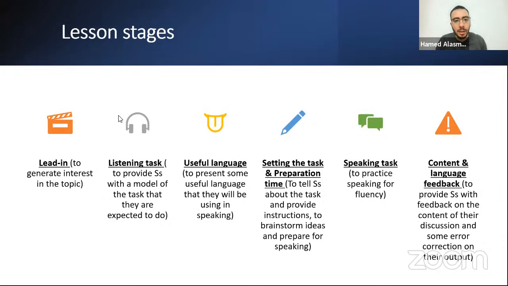Language feedback, how to correct the grammar. Okay. It can be correcting grammar, but you need to focus on the items you presented in the session. And if you told them how about, what about, why don't you, and so on, this is what you focus on in feedback, plus other things, but this is your main focus. It can be grammar, it can be vocabulary use, and it can be pronunciation, because this is speaking.